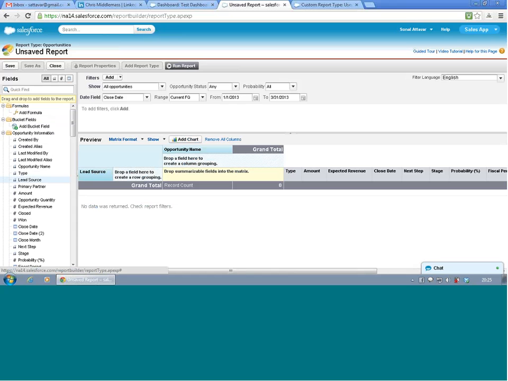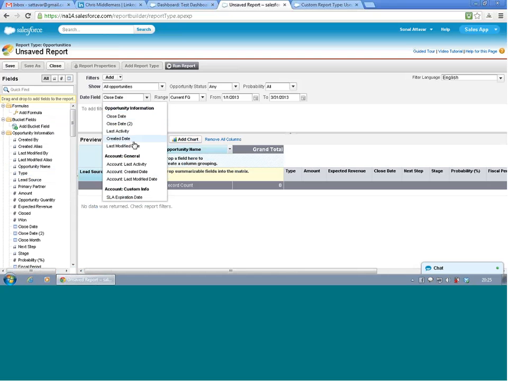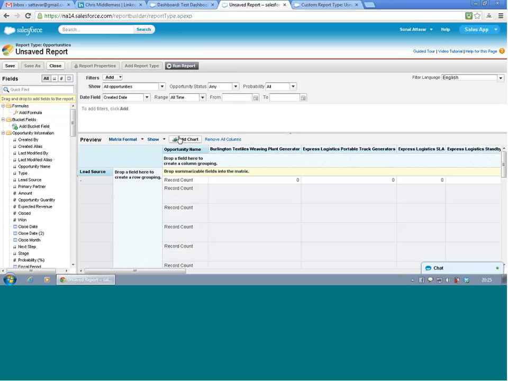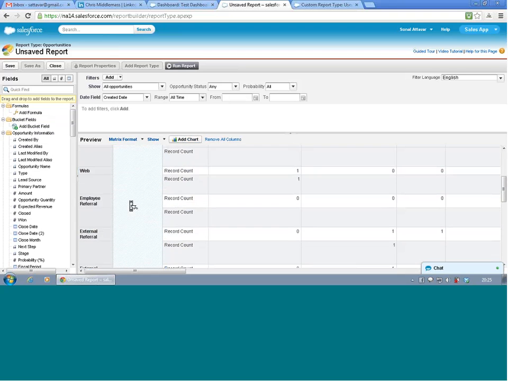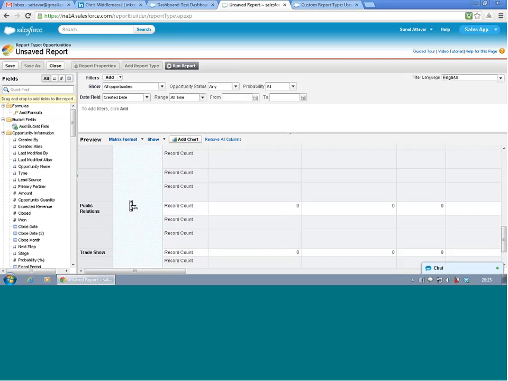So you can rearrange the data. If you click on the date field and pick, let's say, create date, and say range all. So basically all opportunities created. If you say run report,